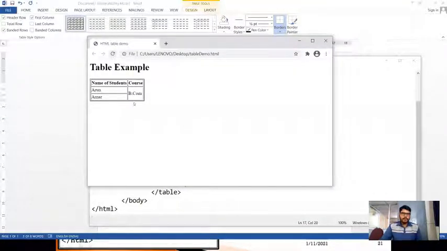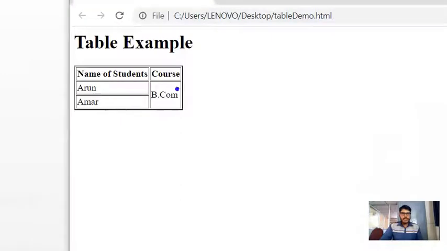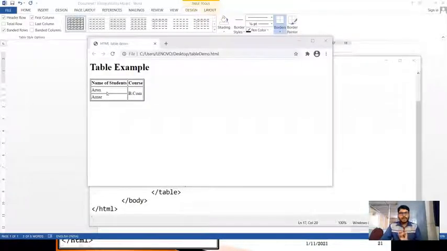Now you can see here, these two cells have been merged into a single cell. That is because we have used row span. Similarly, we can merge column cells by using a column span attribute along with the TD or TH tags.